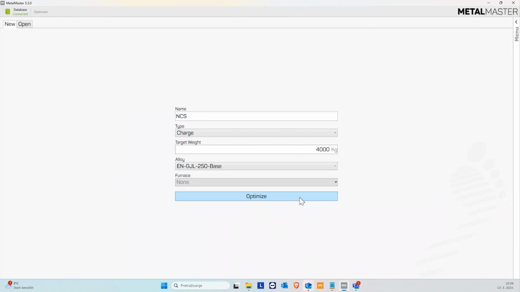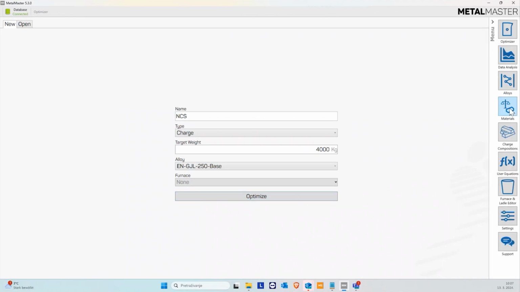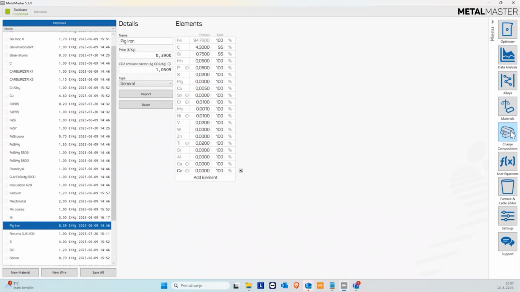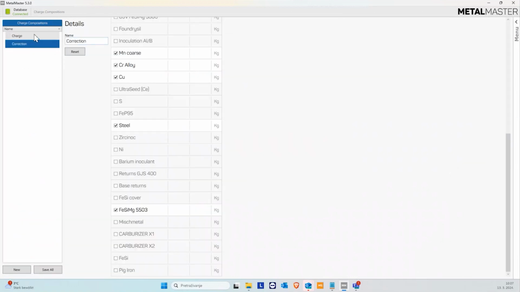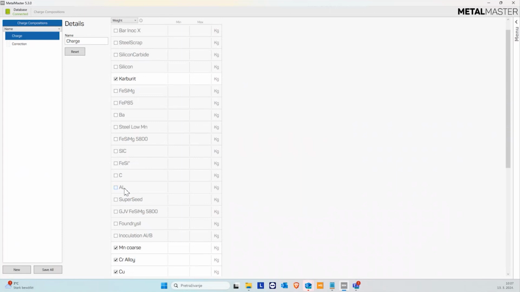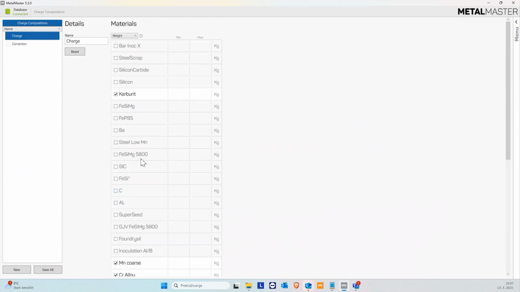Of course, after your installation of the program and after the first setup, you need to define all the materials in the materials menu, which you are usually using, and then you need to go to your charge optimization, to charge compositions, and then of all those materials, you need to select which materials you want to use in your optimizations, whether that is charge or correction itself. You can simply name your charge compositions here, and you can either choose, do you want to have weight or the percentage for your limits in the